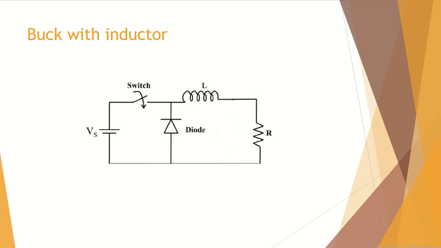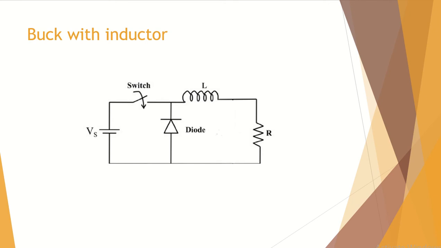So what we were discussing is the DC to DC converter. What's the DC to DC converter? It is a device that steps up or steps down a DC voltage. Then we had the introduction of the buck converter. What's a buck converter? That steps down the DC voltage. So here is a more practical circuit for DC to DC converter.